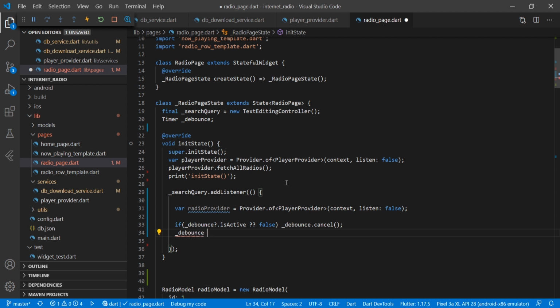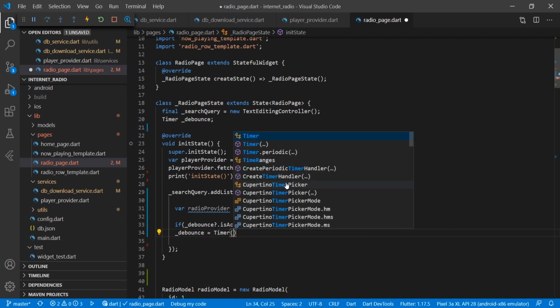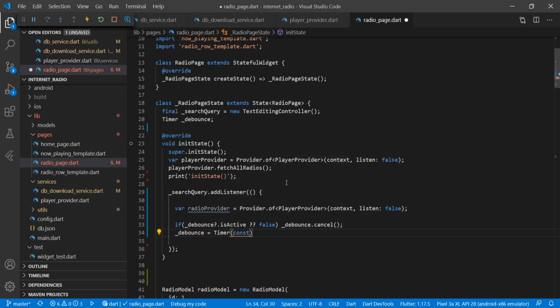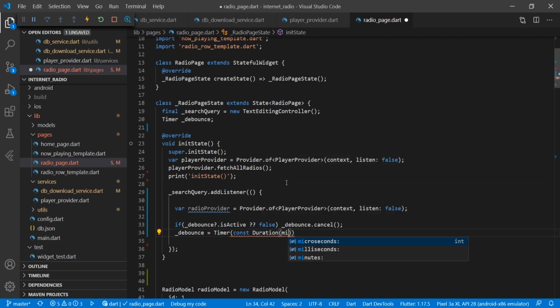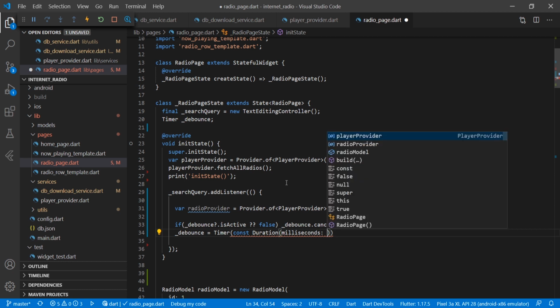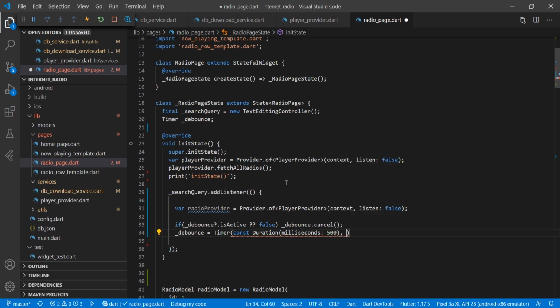Then we have debounce is equal to Timer and const Duration. We are providing it in millisecond, that is 500 millisecond.